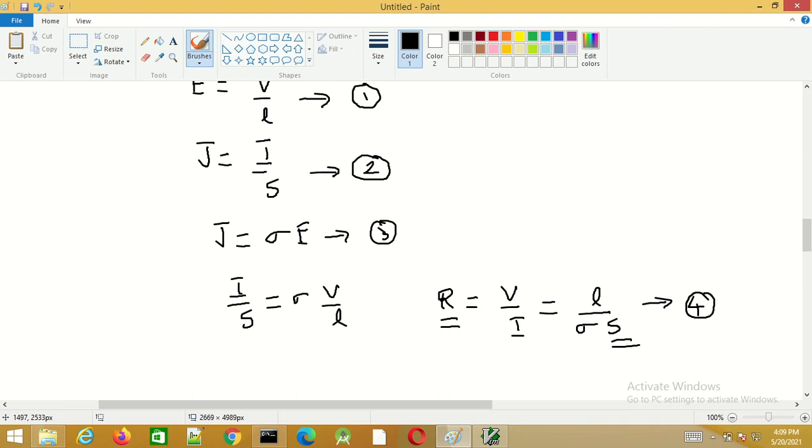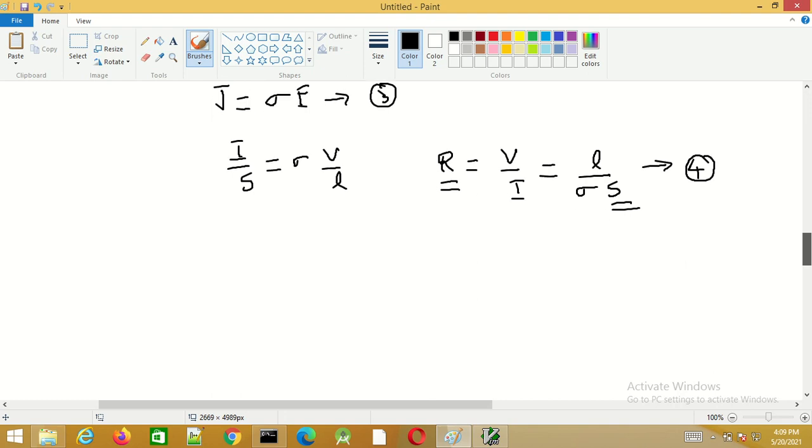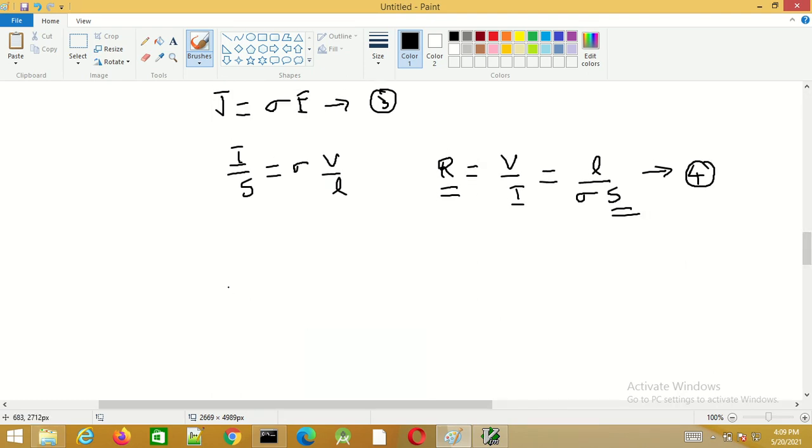So in this case we can use this formula, but in general the conductor may not be having a uniform cross section. So let us say the conductor is having a shape something like this. Let us say it's having variable cross section, so the cross section may be varying. In this particular case, let us say the current here is I, and here the current is I, and at any point here the current density may be J.